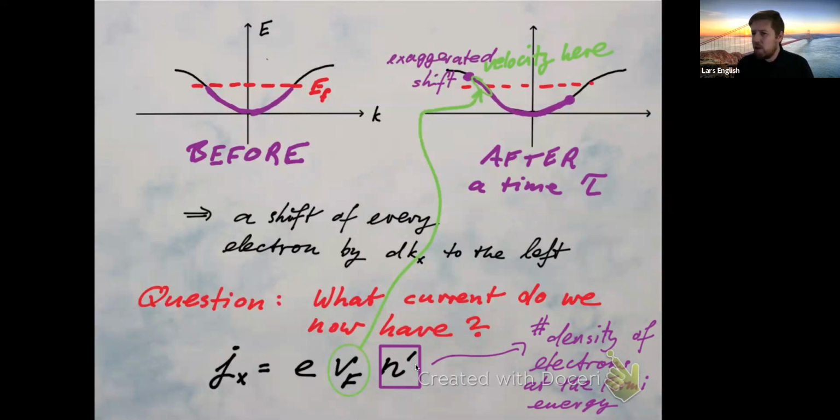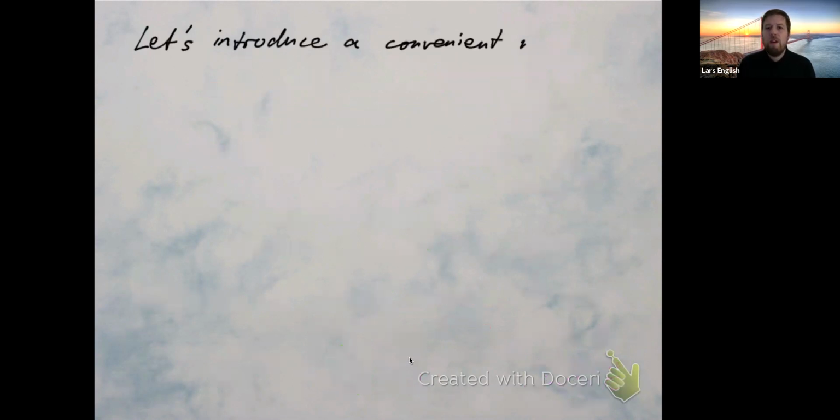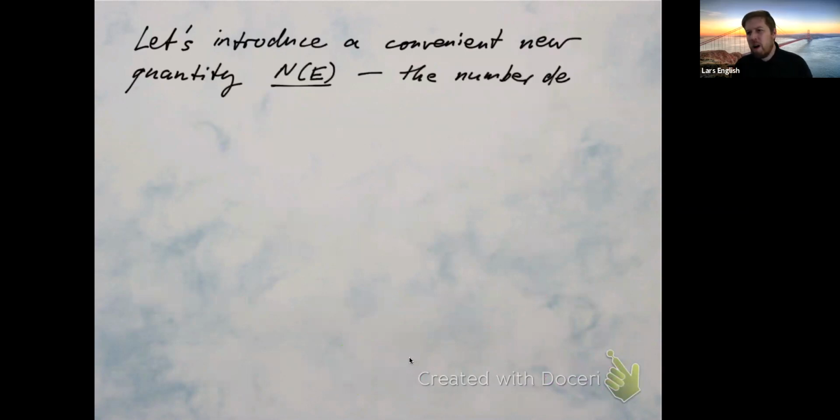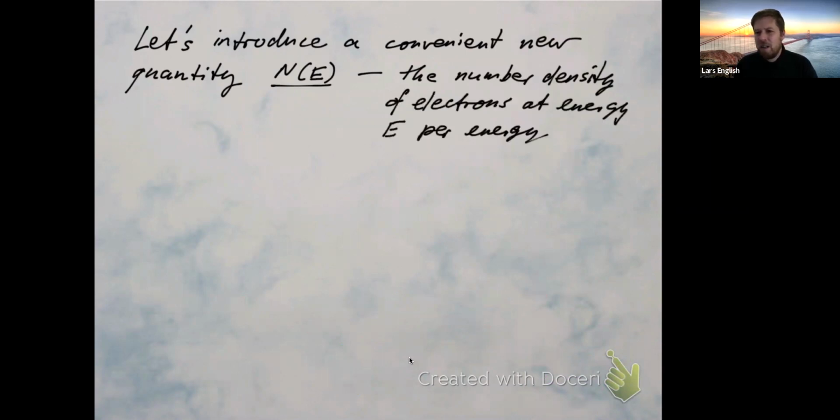Okay, so the prime here is not indicating a derivative or anything. It's just a symbol to remind me that I'm talking about a particular number density. All right. So here is where it gets just a little bit technical, and you just have to sort of stay with